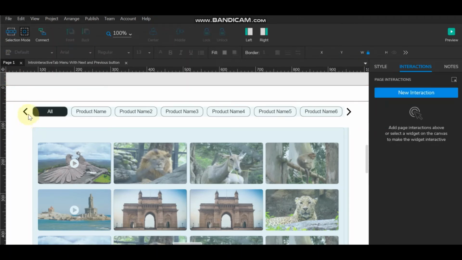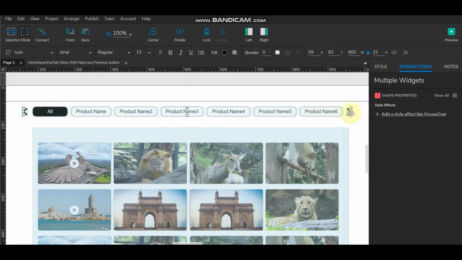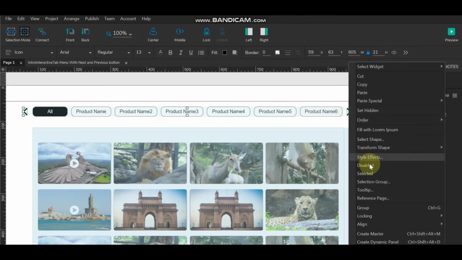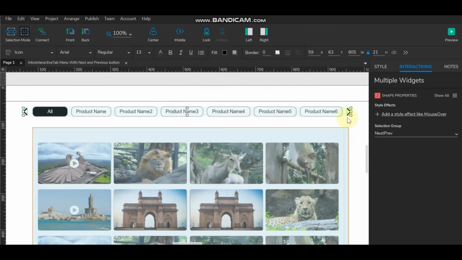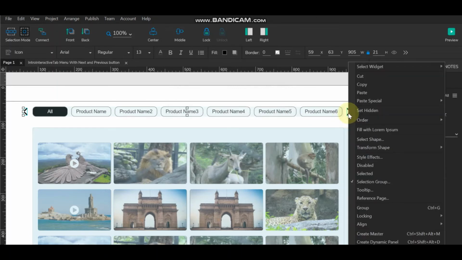So first you select both, and then right click, selection group, can say next, prev, and say OK, and again right click,